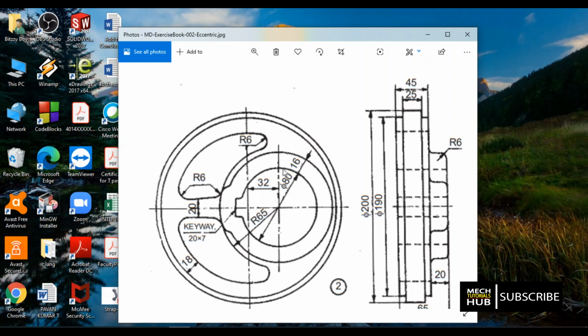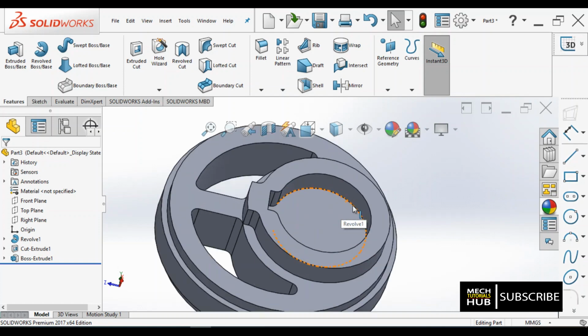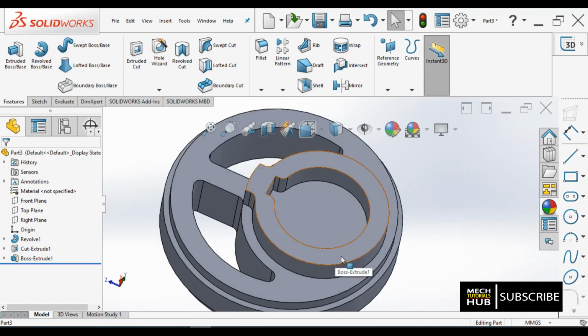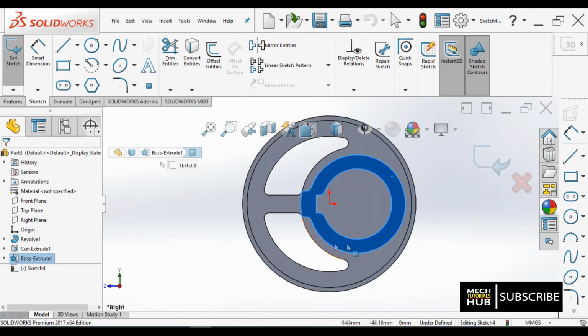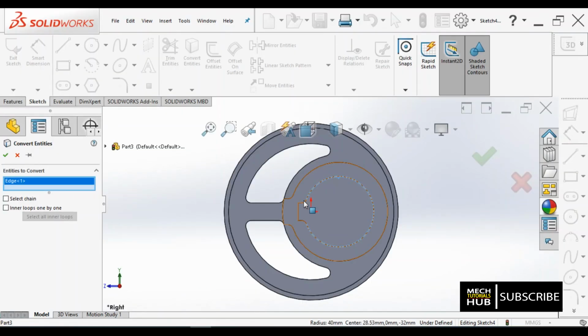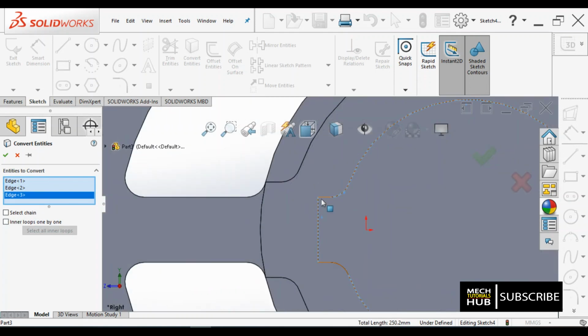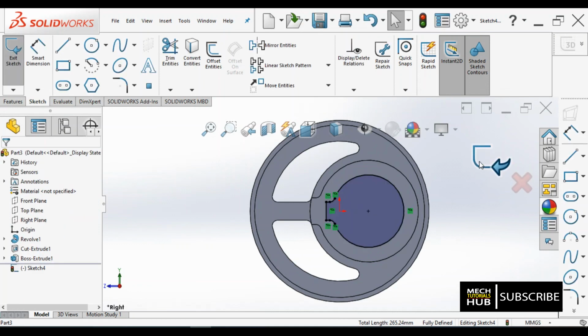Clear? Now here if you look at, this is an extrusion followed by, internally there should be a hole also. There should be a hole from here, this portion, that we need to create now. Here internally there won't be any material, removal should be there, that we need to create. For that, what I try to do, I'll take the top face as my sketch face. I'm going to use some other different feature now. This is also very much important. Concentrate. Now what I do is, I'll go with convert entities. I'm not going to draw anything now. I'm just trying to convert existing edges as my sketch lines.